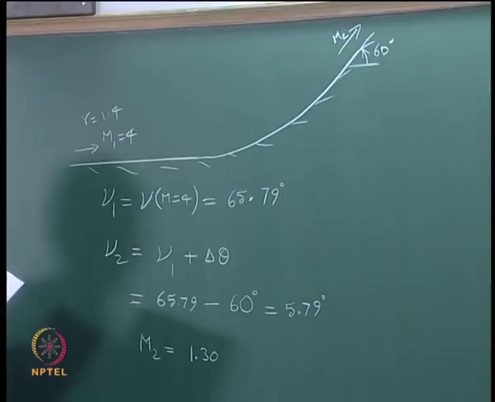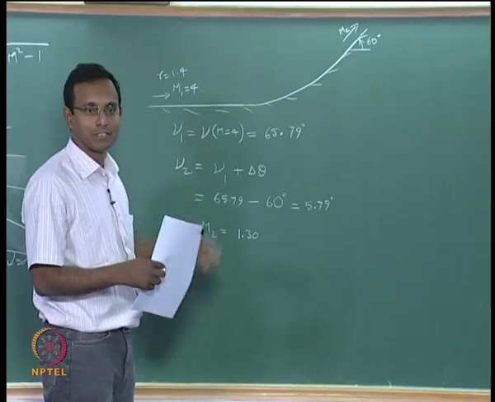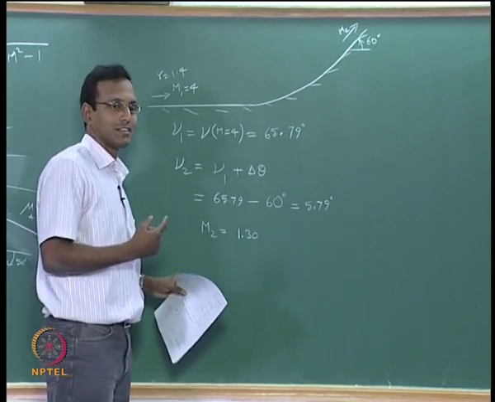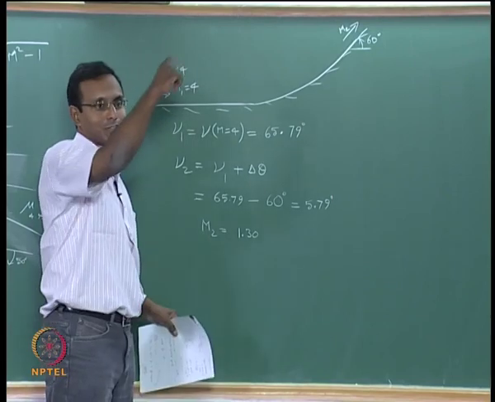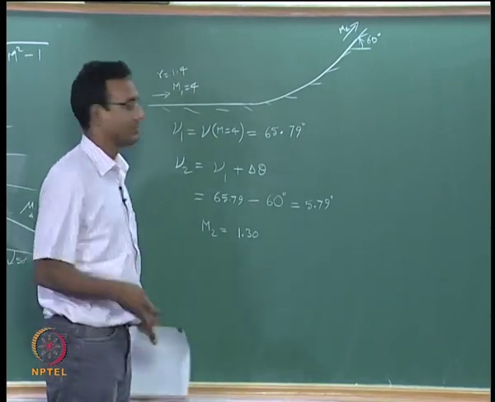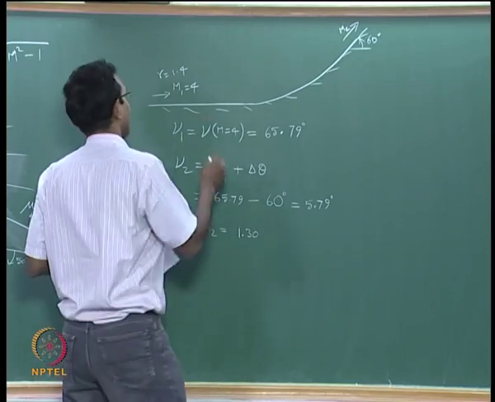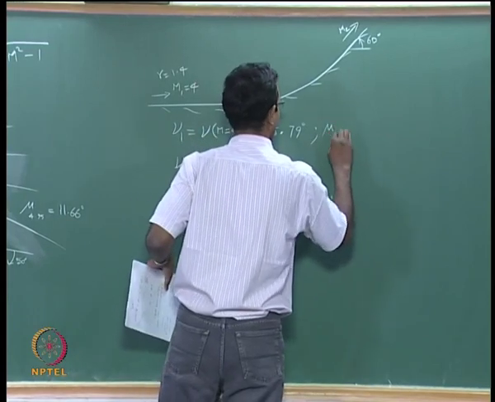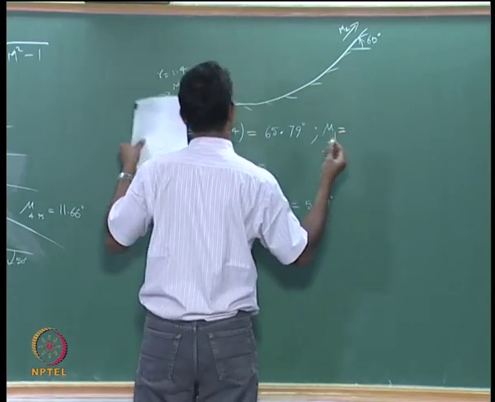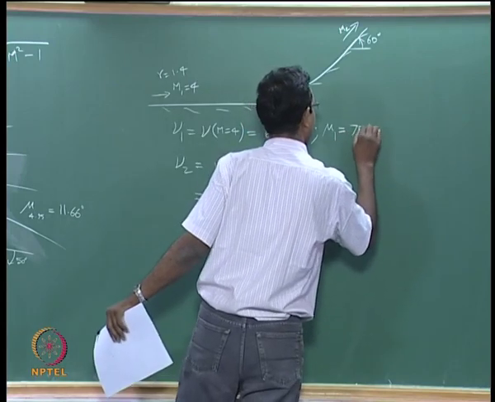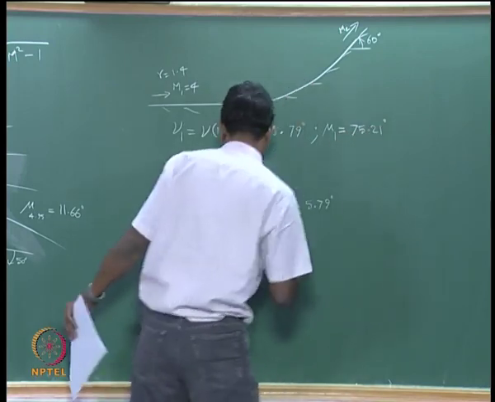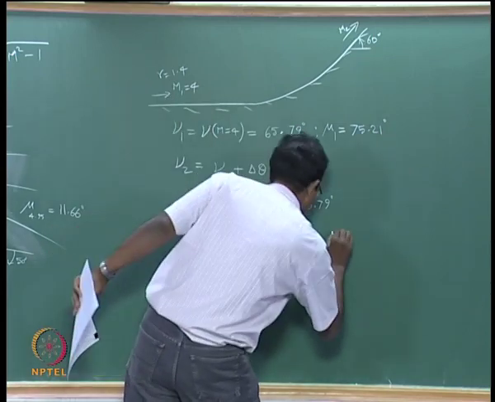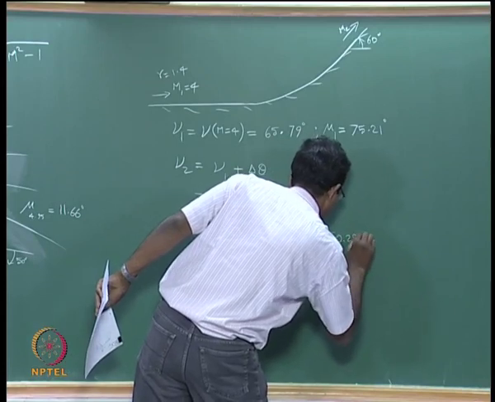Again I have to go back and think about how to draw these compression waves. It is weak compression waves, so I can still think about it as isentropic, and so I can say that the angle at which it is going to go with respect to the flow will be the Mach angle again. If I say it is the Mach angle, now I have to find the mu value for this. I will put mu1 for M equal to 4 is sin inverse 1 by 4, that is 75.21 degrees, and for this case mu2 happens to be 50.29 degrees.